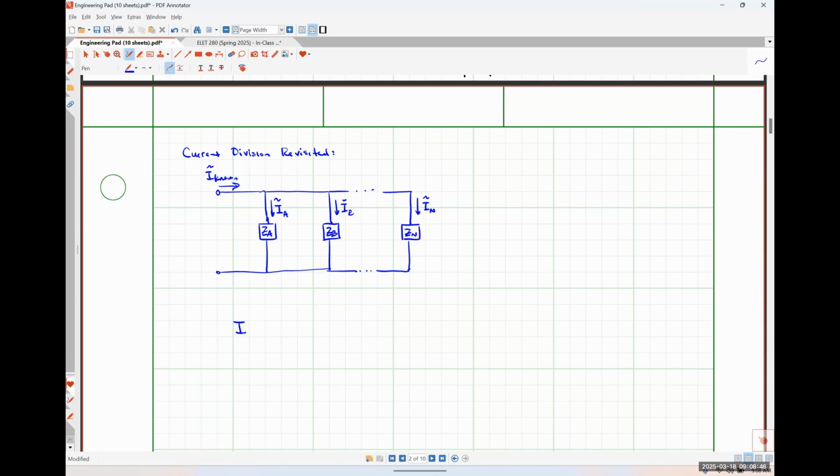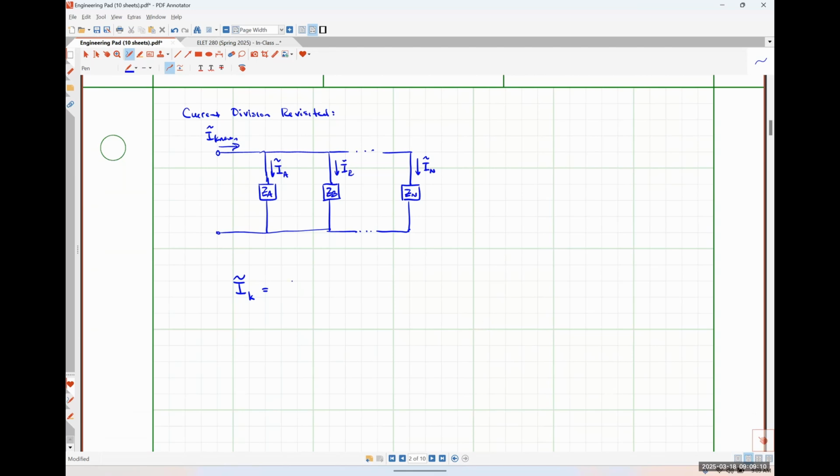The kth impedance. What I mean by that subscript k there is just whichever impedance I'm interested in, okay? Or the current flowing through whatever impedance I'm interested in. So if I was interested in the current through ZB, I would replace K with B, okay? So anyway, that's going to be our known current